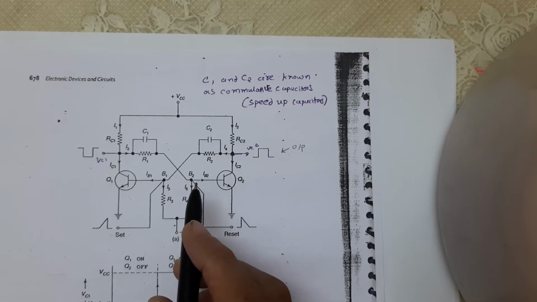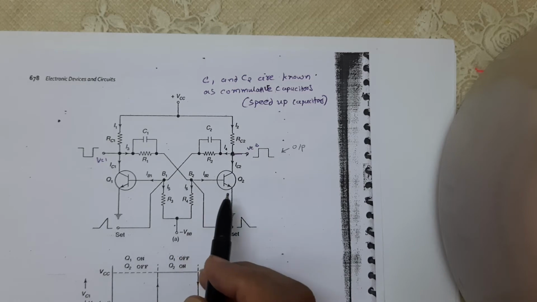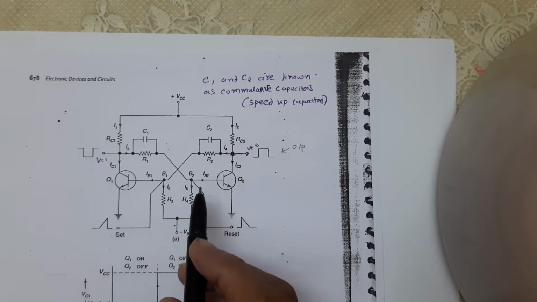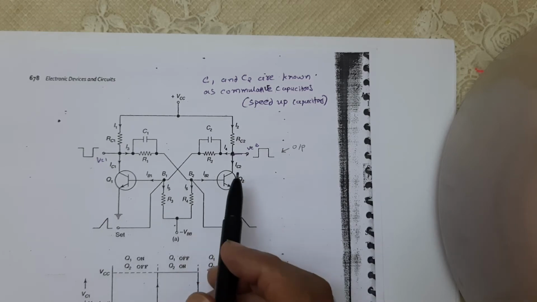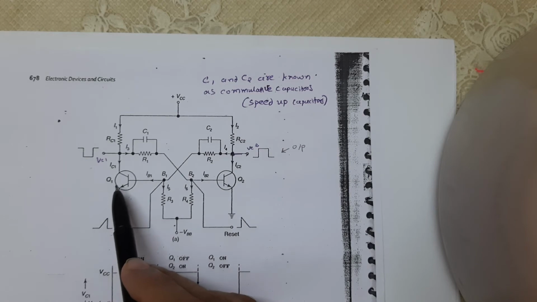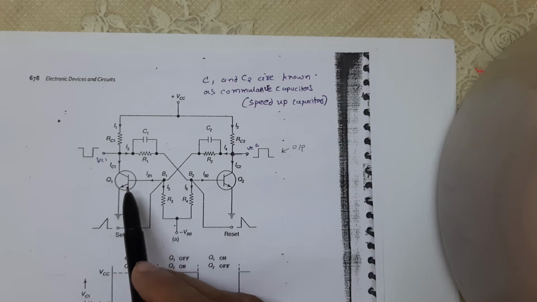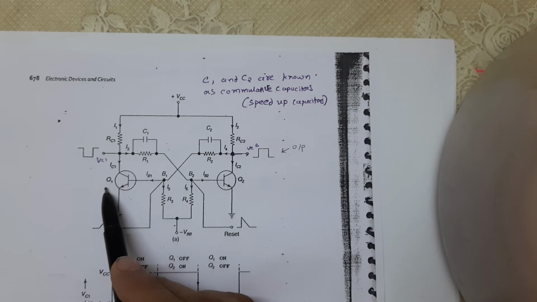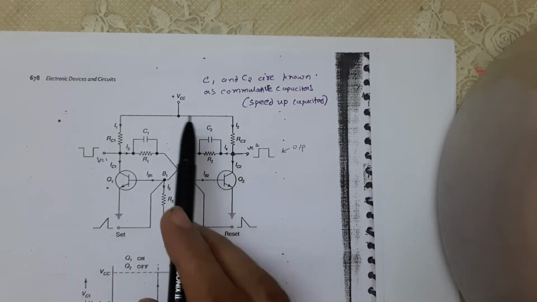This transistor is hence driven into saturation. Saturation means switched on condition. Then, because of the regenerative feedback action, the other transistor is taken into cutoff. So one transistor is switched on, that means in saturation mode, and the other transistor is cut off. Let us assume that transistor Q1 is on and Q2 is off when we switch on.